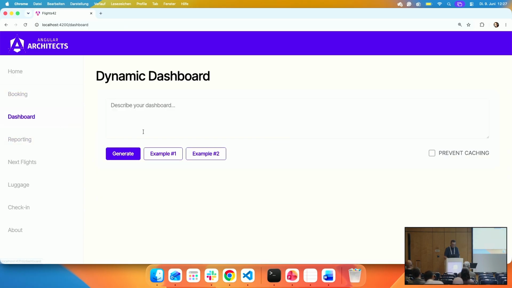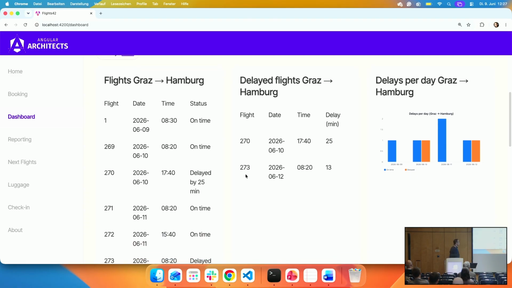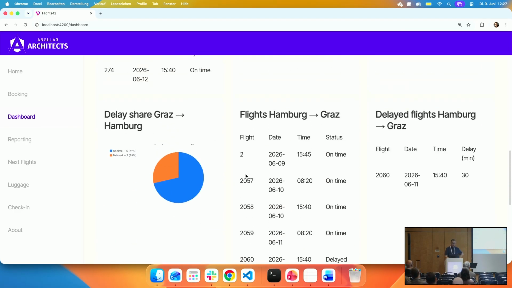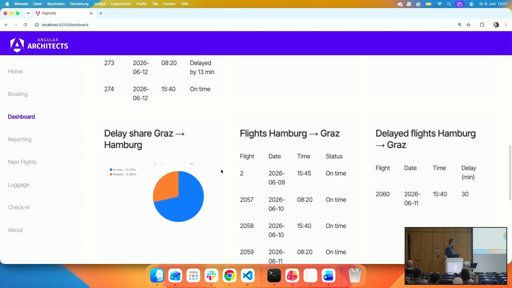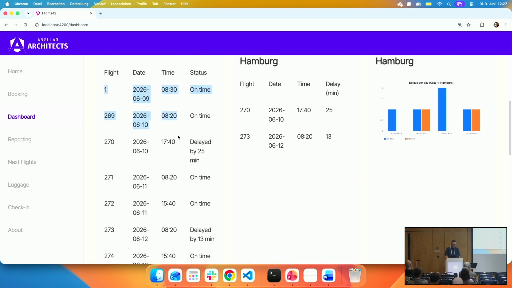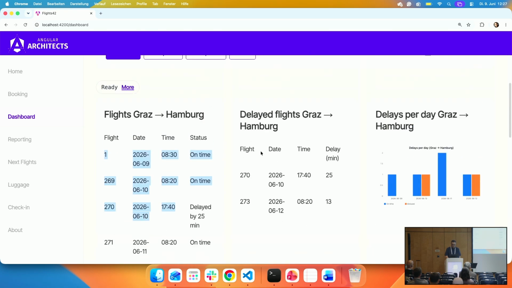Now we have dashboards. The first dashboard is from the view of someone who works at the airport, who needs to supervise some flights, and there are delays. Here we even have some generated diagrams, which are just images displayed by the image control that comes via AGUI. Everything else here is baked into A2UI, like tables, images, titles, and so on.